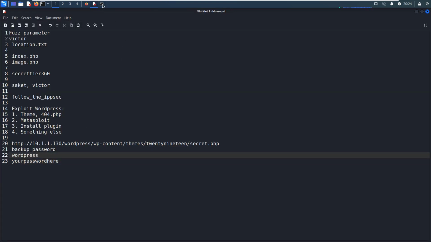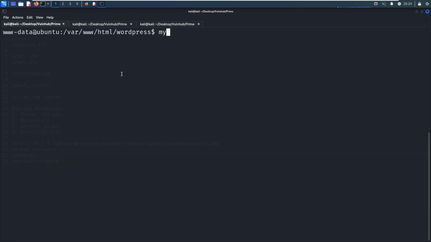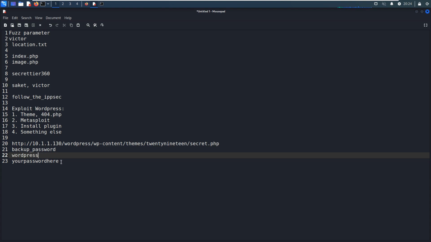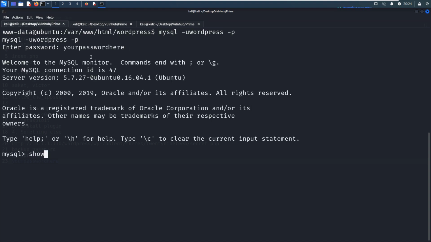So next, I think we can log into the database, right? We can copy the password. And show databases.